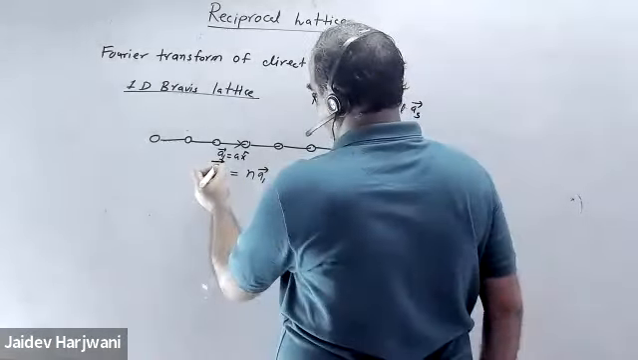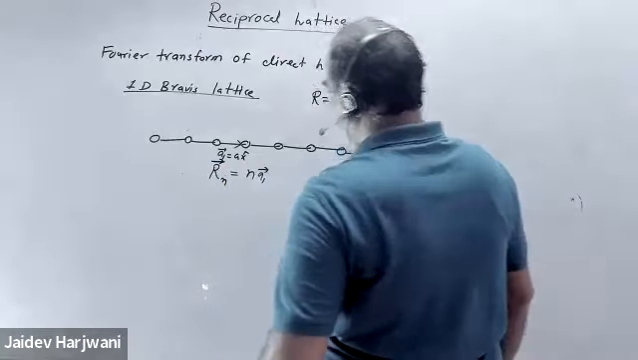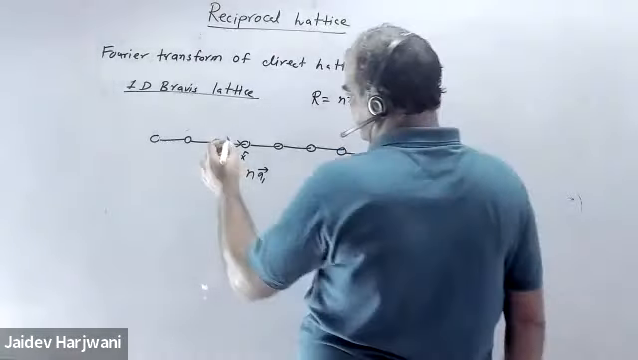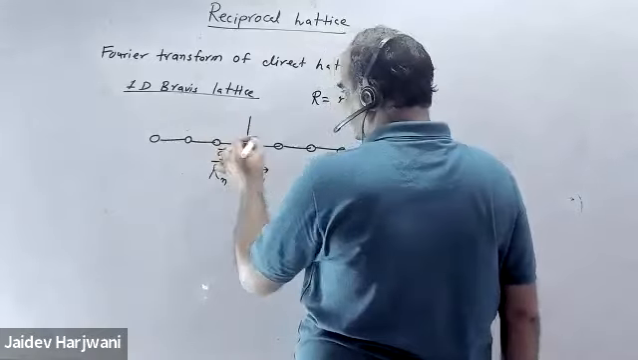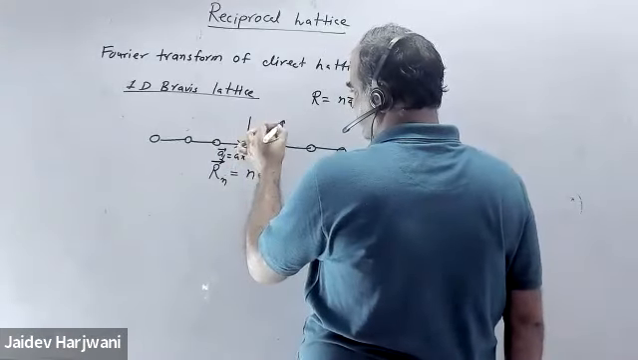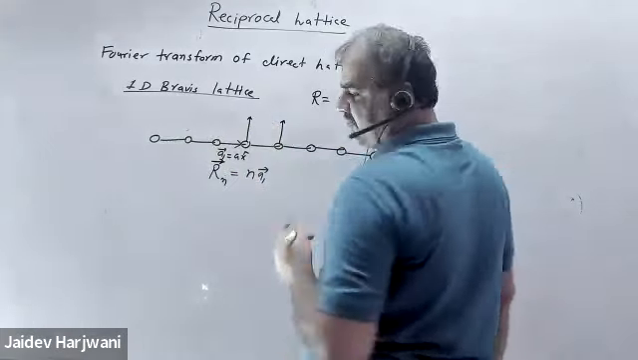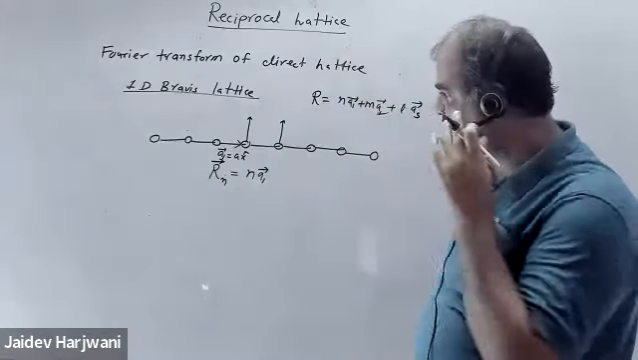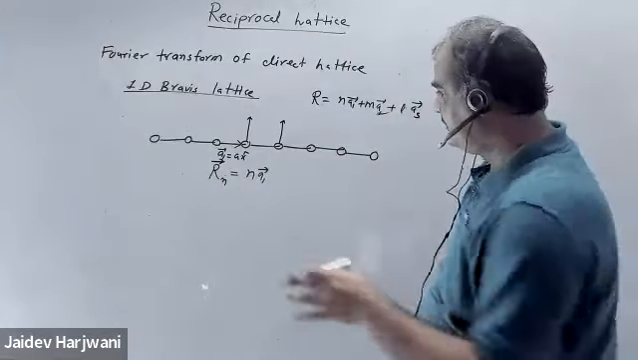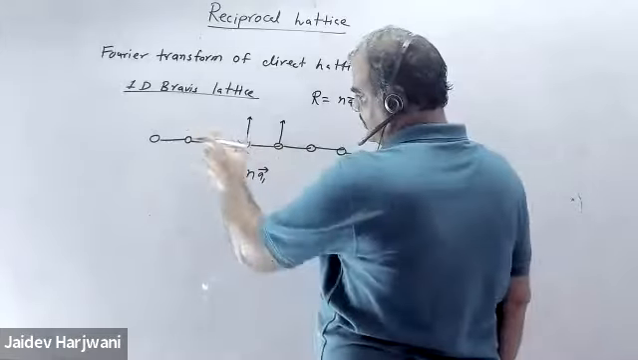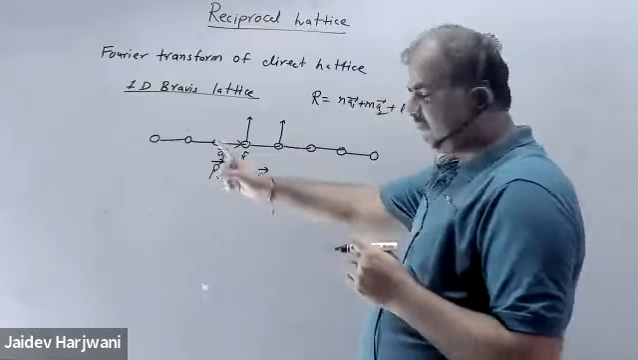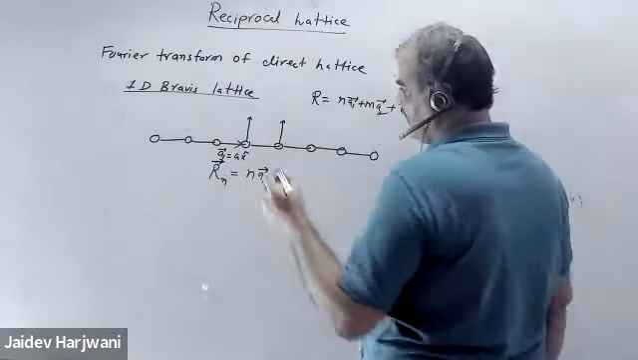Rn equal to n a1. Now, can I put a Dirac delta function on each lattice point if I want to give the function? How can this lattice be represented? Can I represent this lattice by a train of delta functions? If I write a delta function